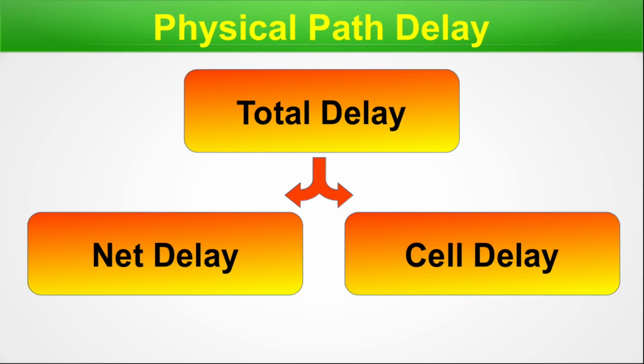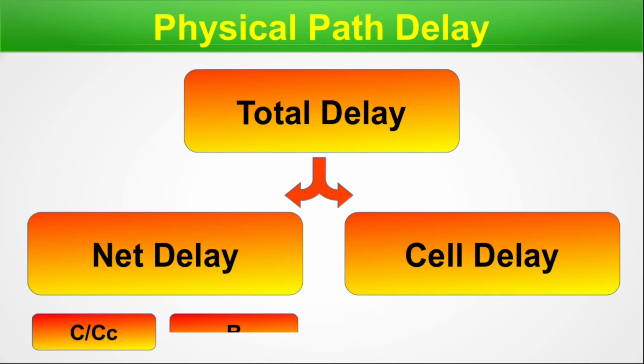The net delay is caused by the interconnecting net or metal or via routing at the layout level. It can be subdivided by the delay caused by the individual existence of a capacitor or coupling capacitor and a resistor. That means both can be there. So C and R, or C or R, all these combinations are possible for the net delay.